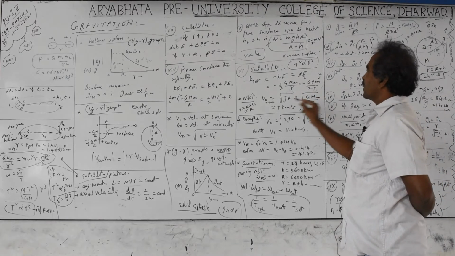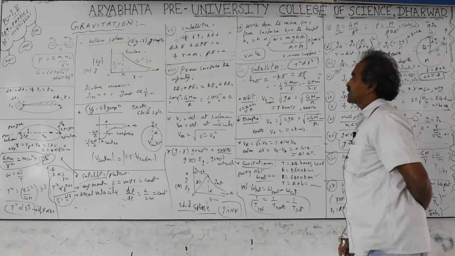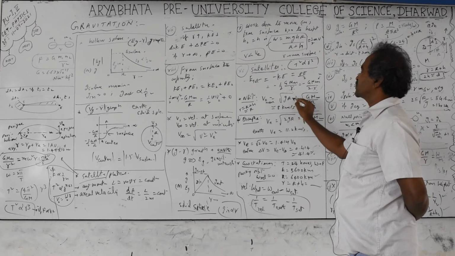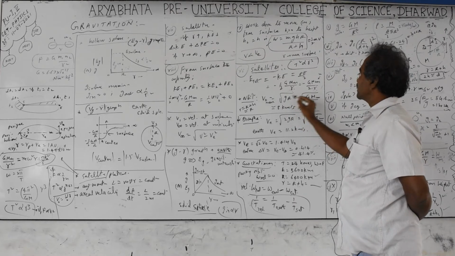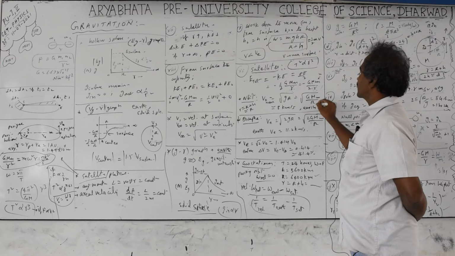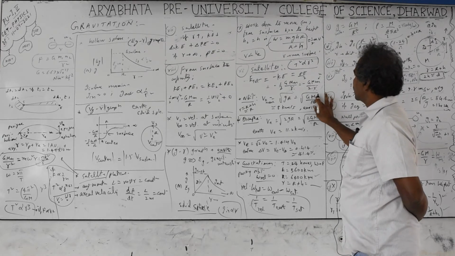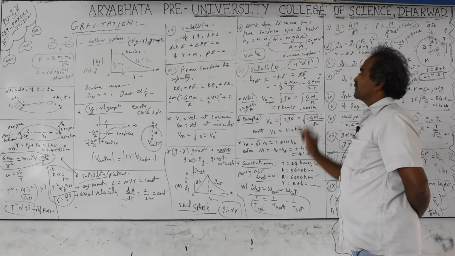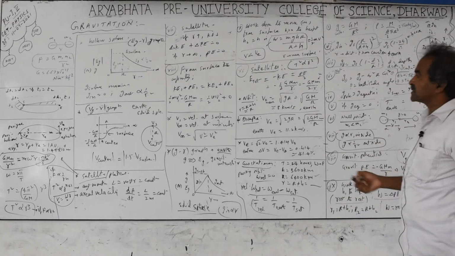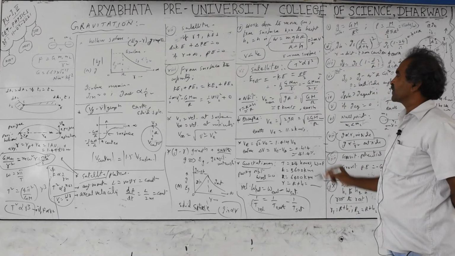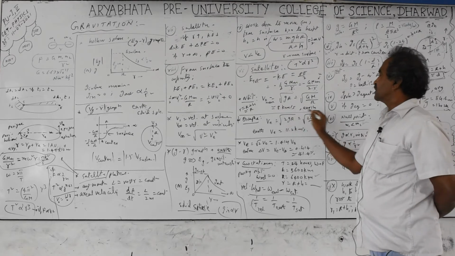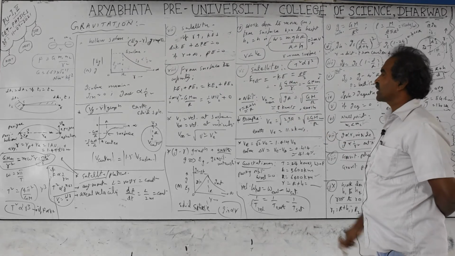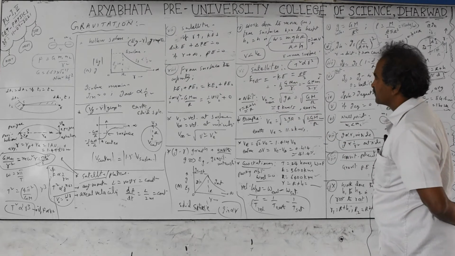That velocity is called the orbital velocity. Orbital velocity near the surface is equal to root of gR. If you want capital G, g equals GM by R square. If you take that, you will get root of GM by R, so this small m will not be there. Orbital velocity is independent of the satellite's mass. It only depends on the planet's mass. This is only for the planets. And for Earth the value is 7.9, approximately equal to 8 kilometers per second, which is the orbital velocity.